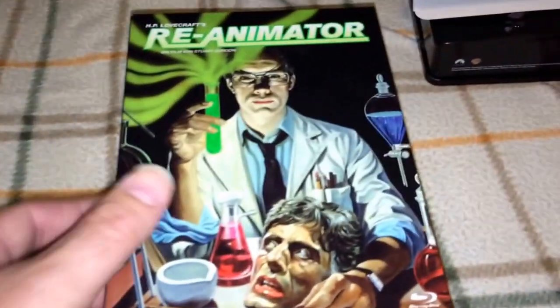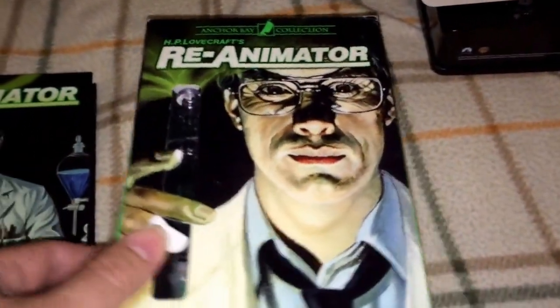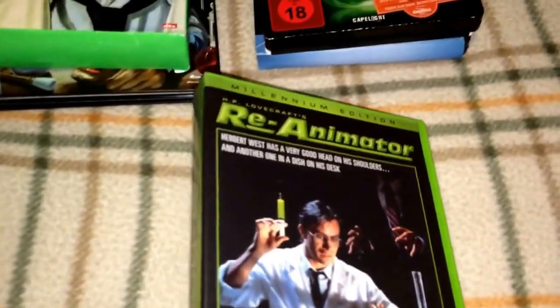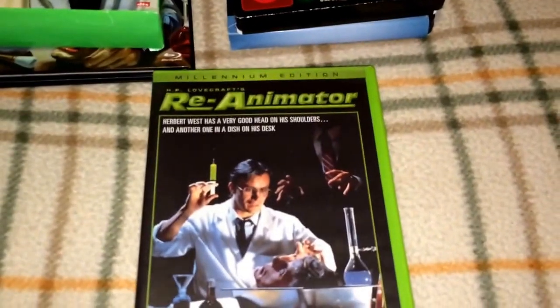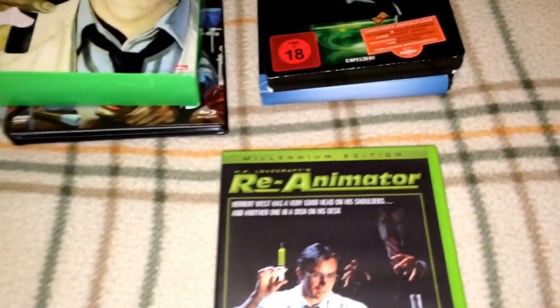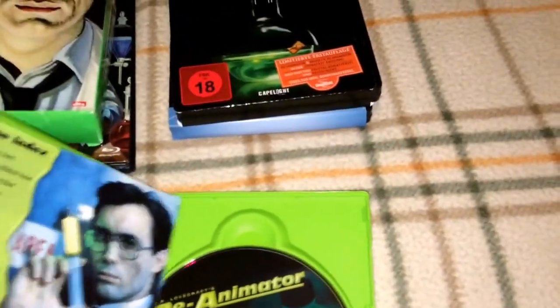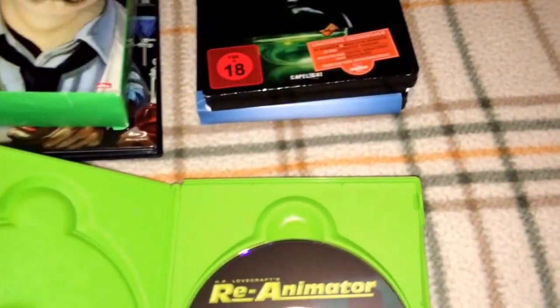Number 2 is a really fun film. I love this movie. I always have since I was a kid, and I do have quite a few editions of it here. This is the Elite Entertainment Fat Pack here, and this is the Millennium Edition. Comes in this nice green case. Has 2 swing trays, I guess, if you want to call it that. Comes with the chapter menu, Dr. Herbert West there. Then you have this one, the Millennium Edition, and then disc 2, I believe, is